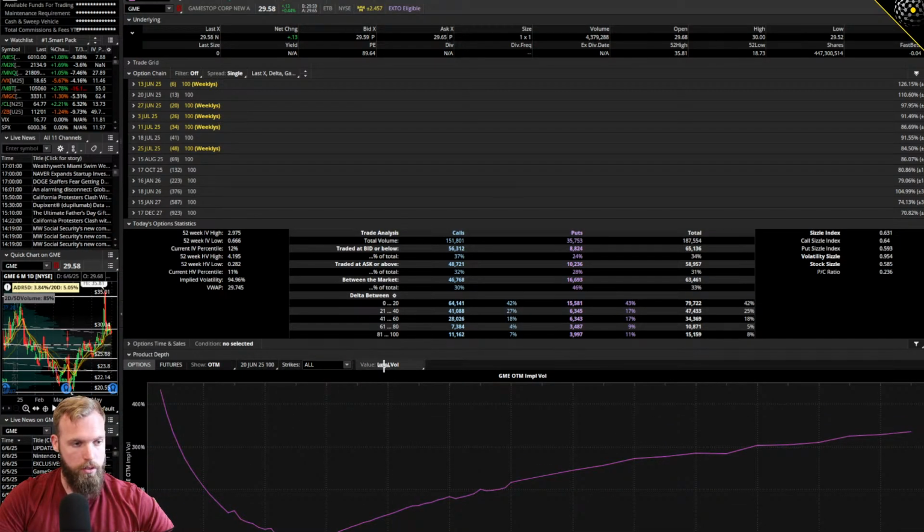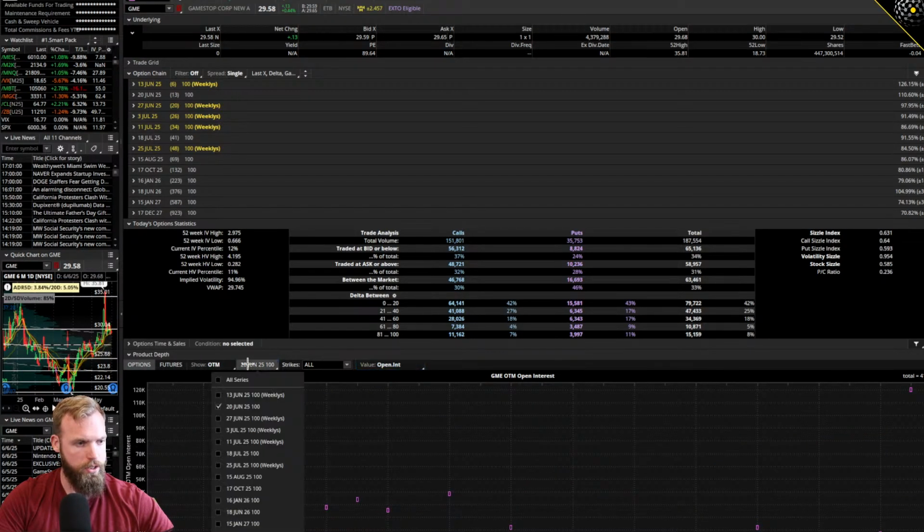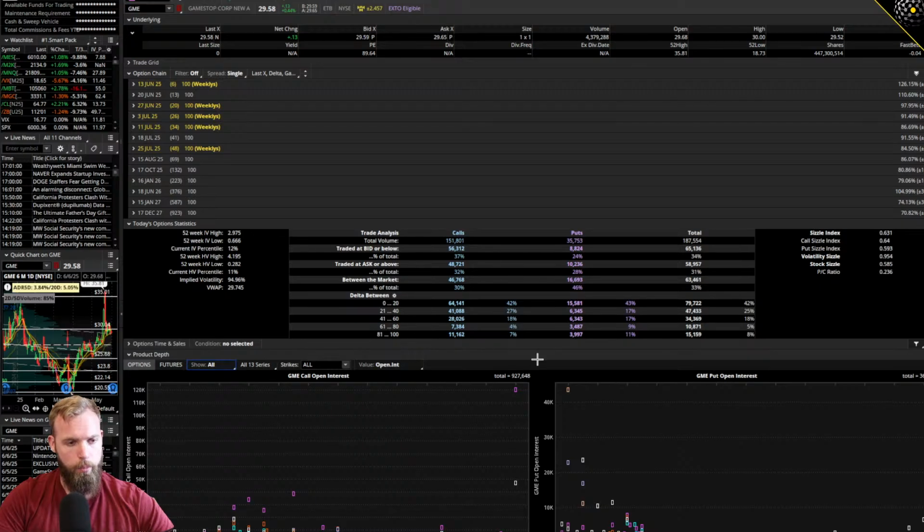So the vol surface is so unbelievably useful for understanding the way that the market is expecting things to move and in what severity. It's not always correct, but it gives just an incredible starting point, I think. And it's something that I literally use all the time because it gives you a super streamlined view. Now, with something like GameStop that's so prone to skew across a ton of different factors, it can be a little more difficult to perceive everything there because things can be so weird. But nonetheless,